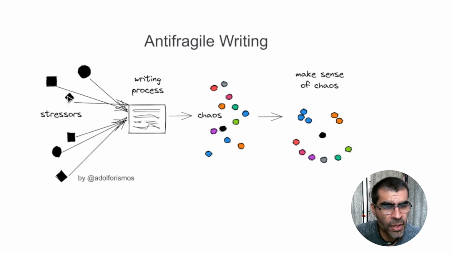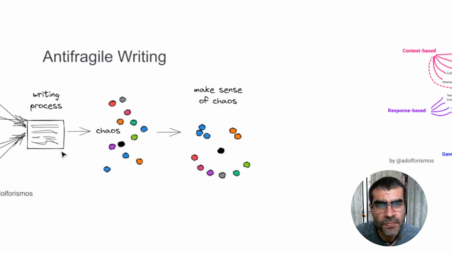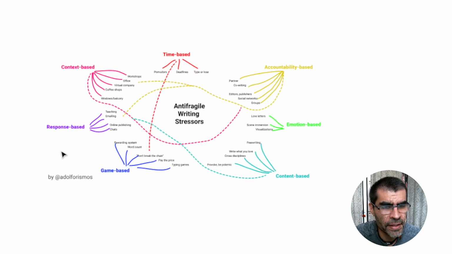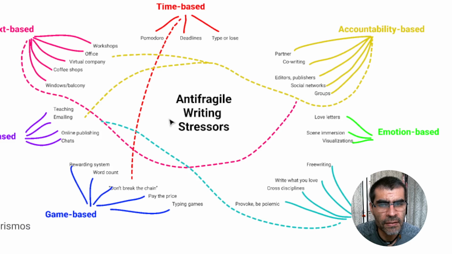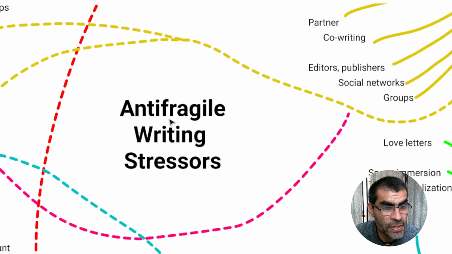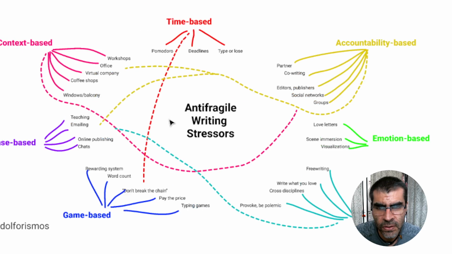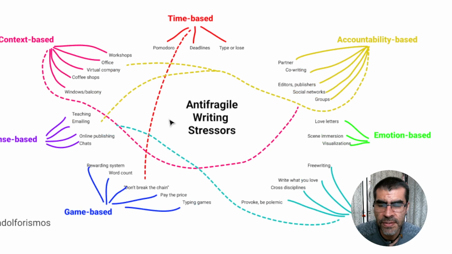Today we are going to talk about the stressors. So this is a little diagram about anti-fragile writing stressors. There are several. This is not a complete list or whatever. It's just a very big idea of the stressors that we're trying to find under this concept, especially in the course Antifragile Writing. Let me show you the kind of stressors that can help you, and maybe they are already helping you with your writing. For example, you have